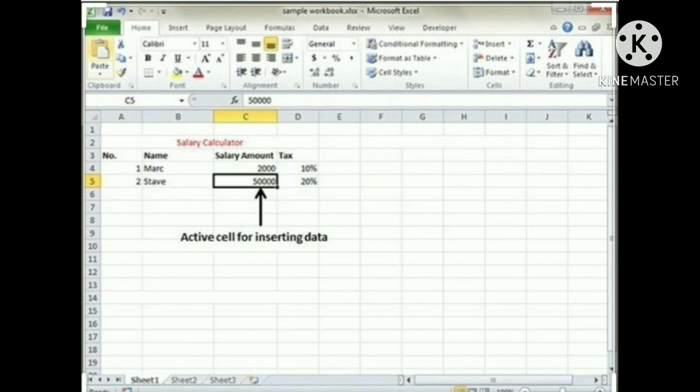How to correct mistakes? If you type some wrong data into a cell, there are many ways in which you can correct your mistake. First, you can delete the content of a cell by selecting it and pressing the Delete key. Second, you can also delete by typing over what is already there. Third, you may double click the cell and erase the characters using the Backspace or Delete key.